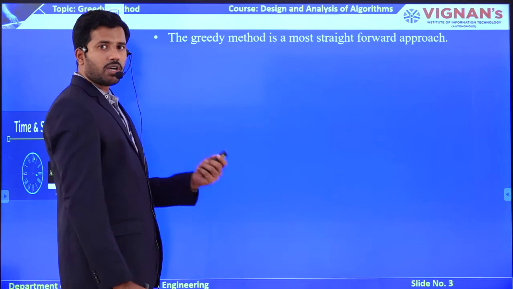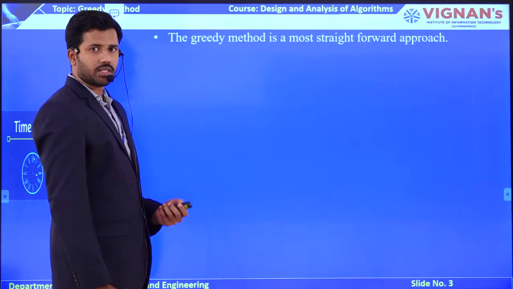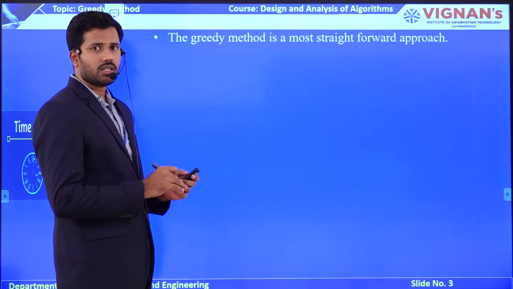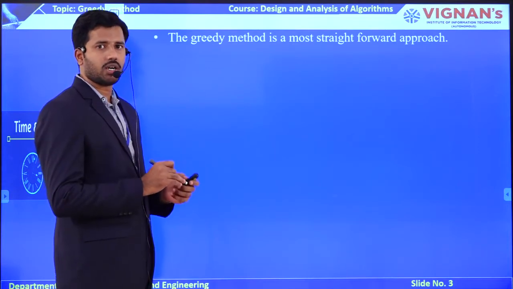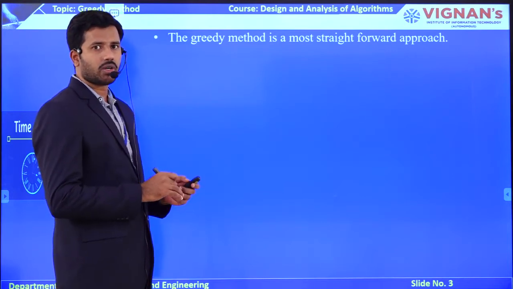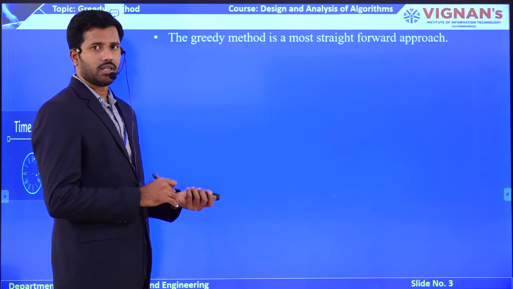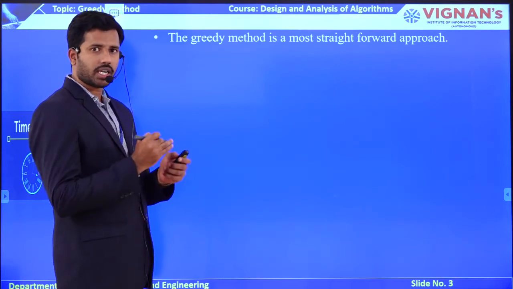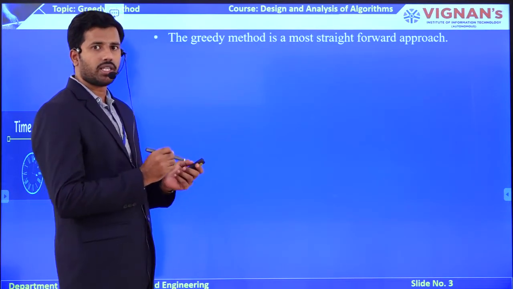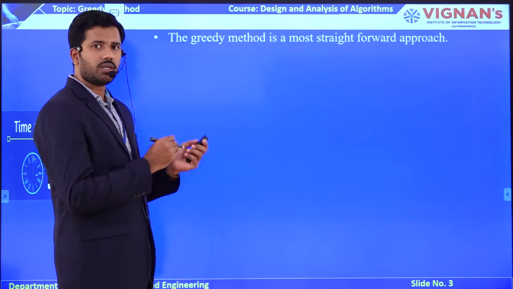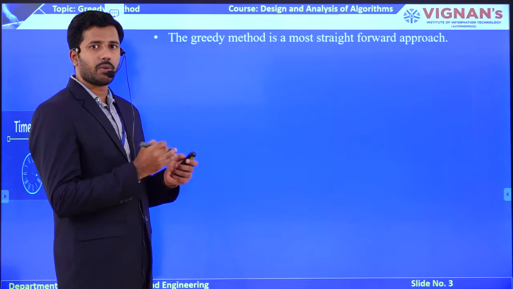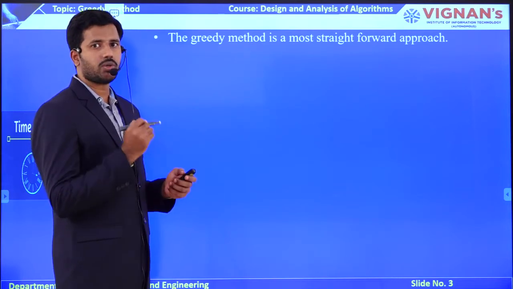Now, before discussing control abstraction, first we will see the difference between divide and conquer technique as well as greedy method. Why? Because you have knowledge of the theme behind divide and conquer technique. So even though you have divide and conquer technique, why is this greedy technique required? You compare each technique so that you can understand the relation between all the techniques. As I said in the previous lectures, all the techniques have some dependency, and you need to catch that dependency.